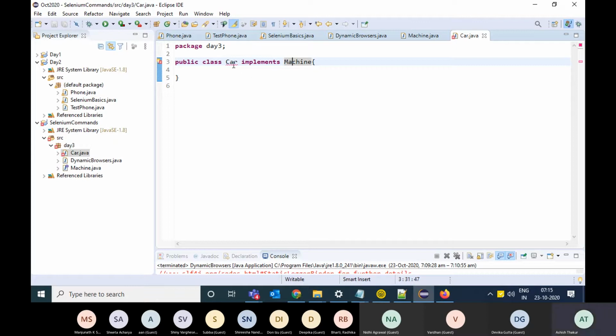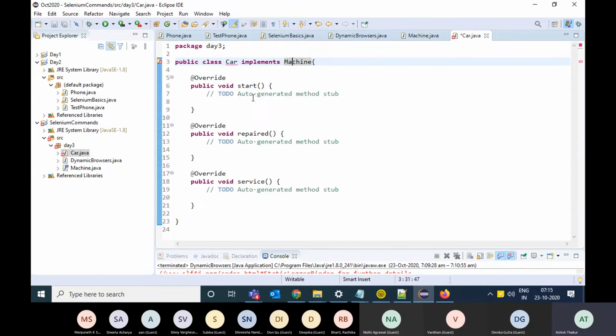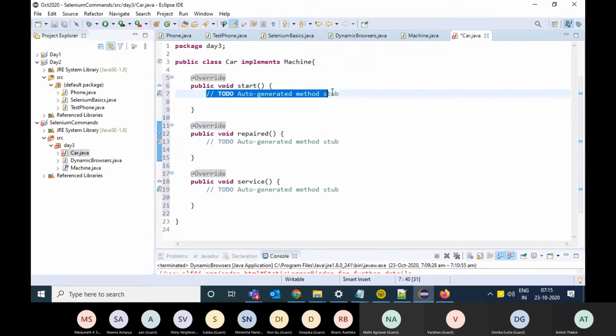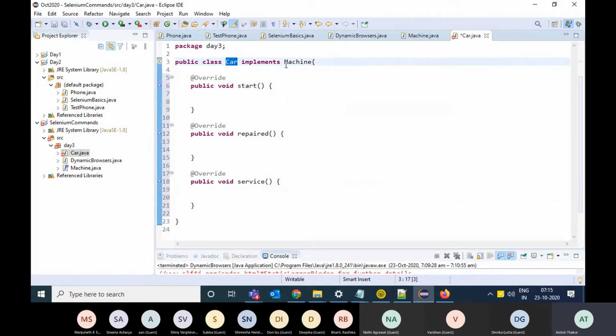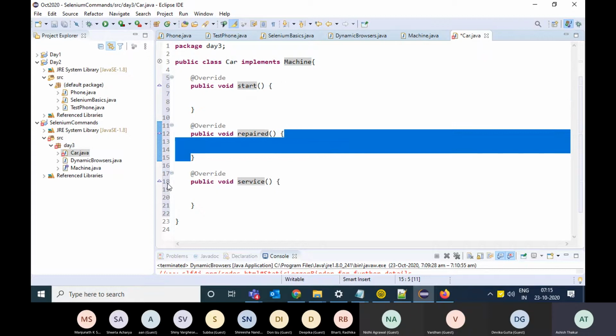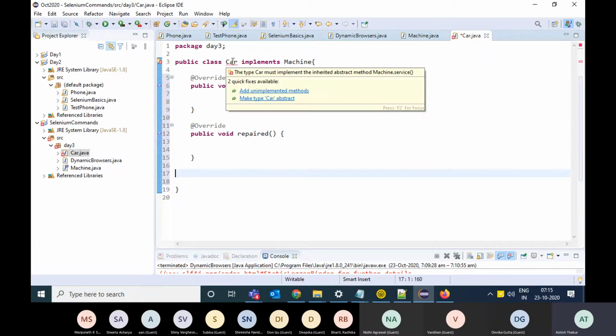Okay, so you move the mouse over the car and select add unimplemented methods. Right. And all the three functions which are there in the machine interface will come in this particular car class. It is mandatory for a class which is implementing an interface to implement all the three functions. If I even remove one function, I will start getting an error.